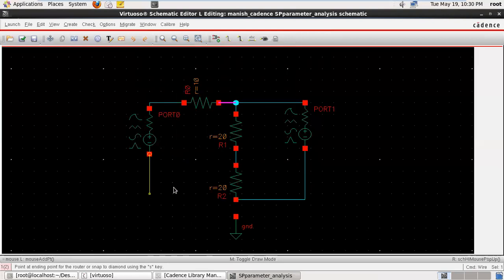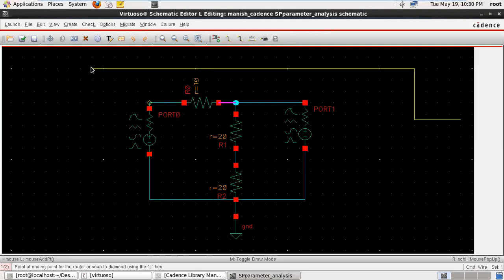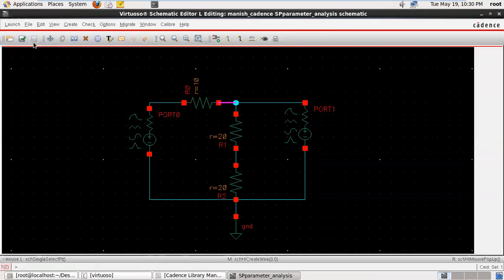Just wait for one minute. Now the connection is over. Escape, check and save, no error.